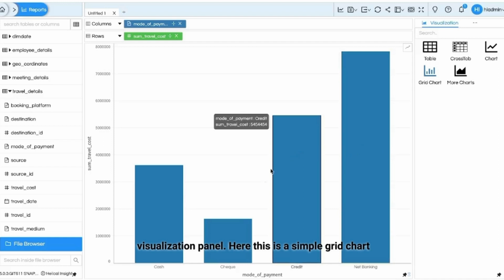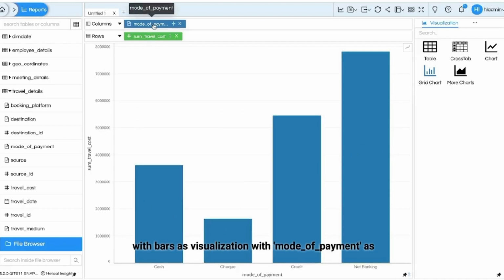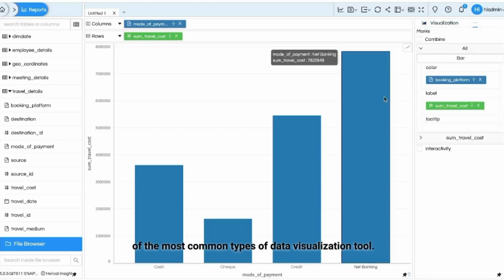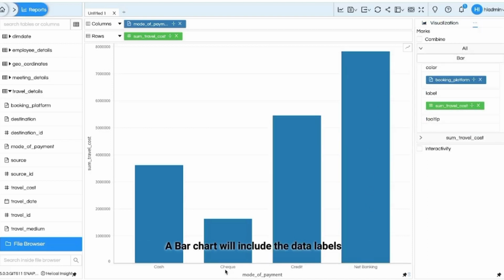Here, this is a simple grid chart with bars as visualization with mode of payment as the dimension and travel cost as the measure. So, bar is an axis chart and is one of the most common types of data visualization tool. A bar chart will include the data labels along the horizontal x-axis with measured metrics or values presented